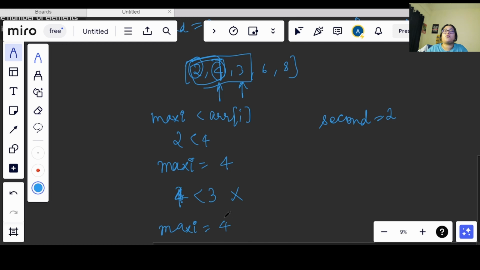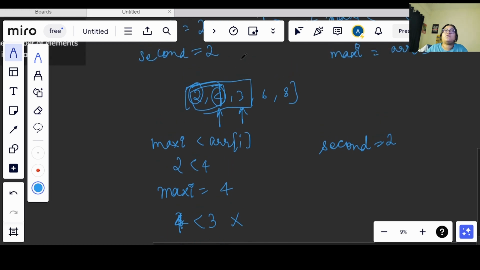It will still be 4, but the value 3 is an eligible second largest value because it is greater than 2 and lesser than 4, which means I need to update my value if I am finding a larger value, which is greater than the second value that it is carrying.